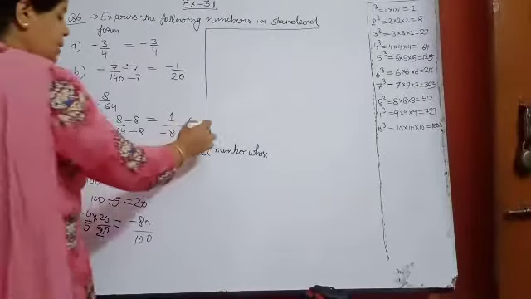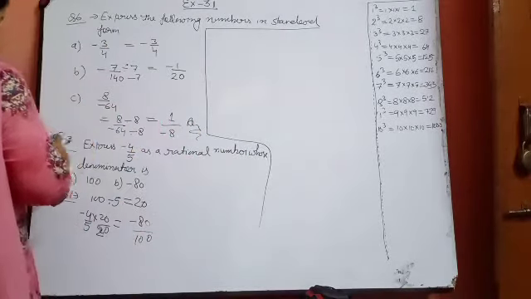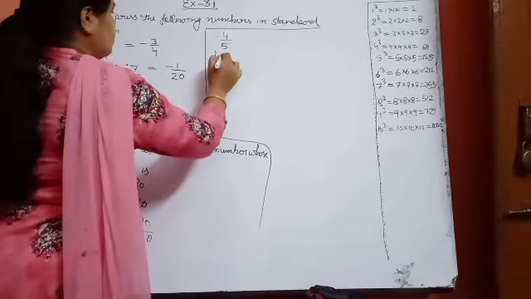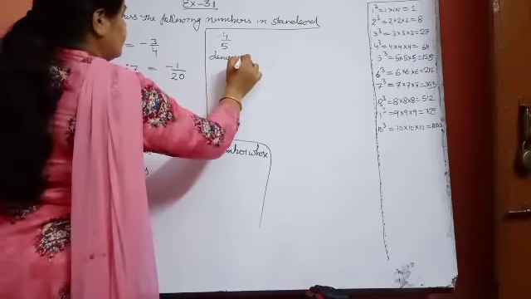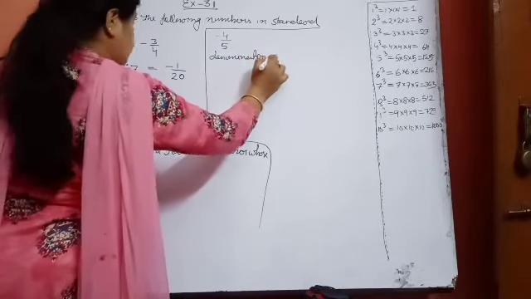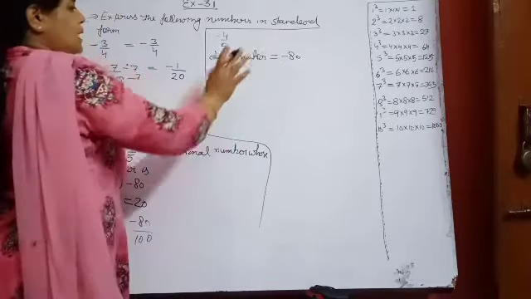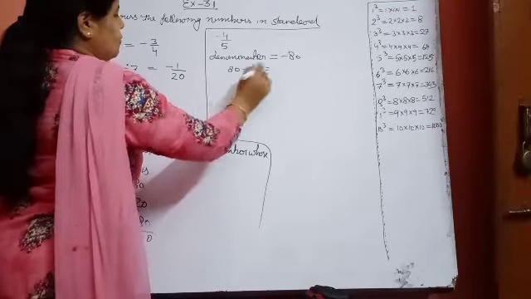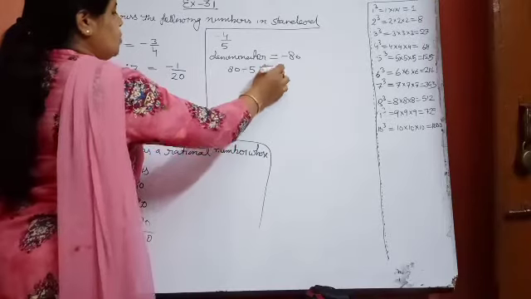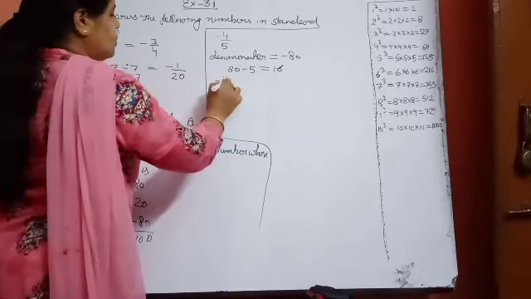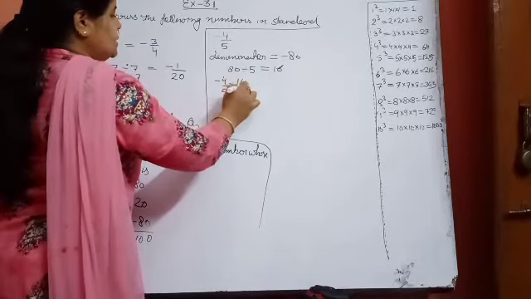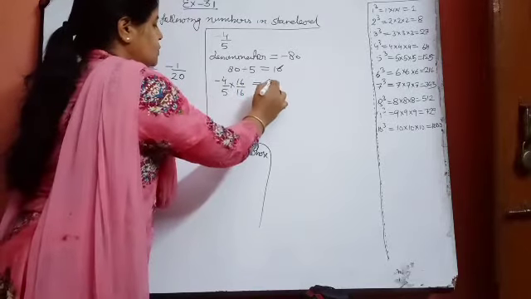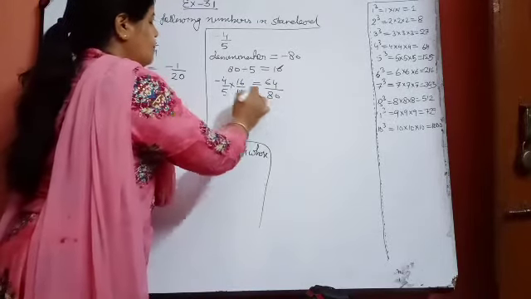Okay, see B part also of this question. You have minus 4 upon 5. What denominator do you have to make? The denominator you have to make is minus 80. What will you divide? Leave minus at this time. You will do 80 divided by 5. 5 ones are 5, 5 threes are 15, 16 you got after division. So minus 4 upon 5 should be multiplied by 16 upon 16, numerator and denominator. What you will get? 16 fours are 64 upon 16 fives are 80, and the minus sign was there.